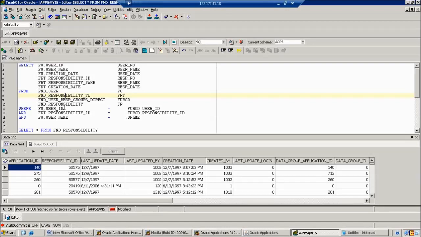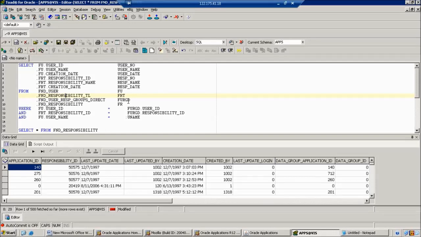If it is not possible, then we can give another join, FR dot responsibility ID with FURGD dot responsibility ID. In that case also we can give it. We have two options. One is a luxury bus, another is a Garuda bus. Which is preferred? As per our requirement, finally we reach the destination.